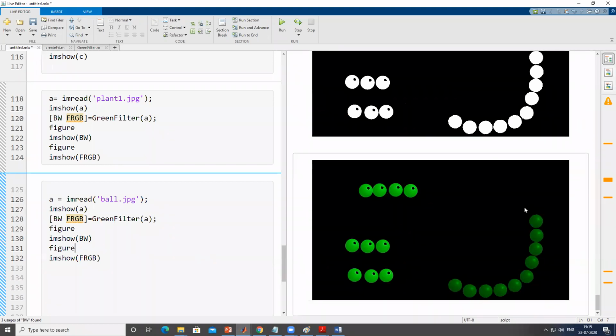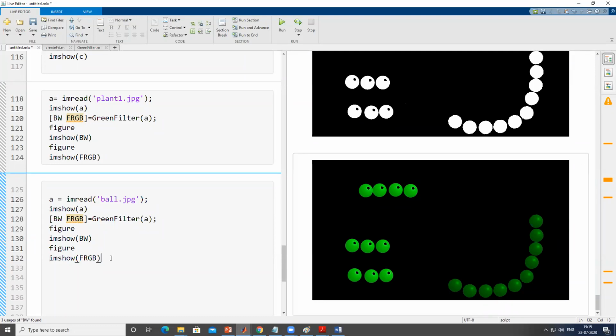Now say I have to do the counting. But in order to count, I have to make sure that the separation is distinct. Like here I can see that it is somewhat colliding with each other. So MATLAB can treat this not as an individual ball, but as a dumbbell. And here also there is a contact case. So in order to count it properly, the balls should be separated by at least 1 pixel.